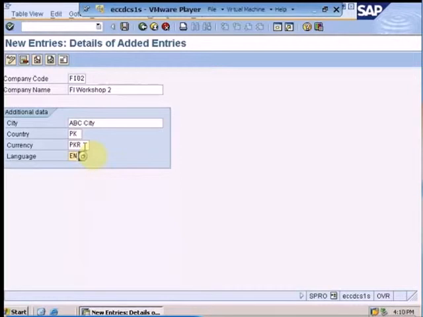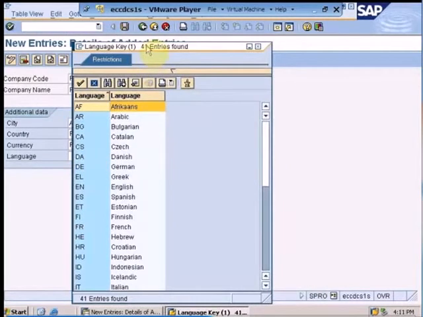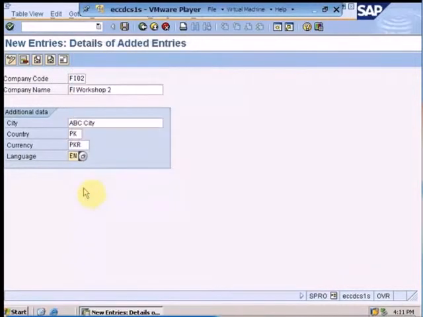Now, if I do not know the short form of the language, I can always click on this drop down and it will give me the list of values which are stored behind this table. For English, the short form is EN, so by double clicking, the properties will get automatically derived onto this field. As soon as I have entered all this information, I just have to save, and we have created a